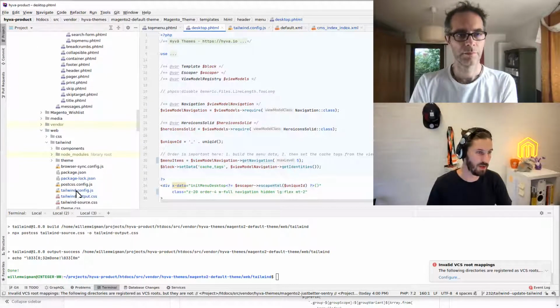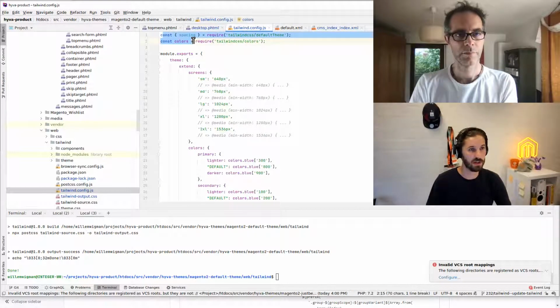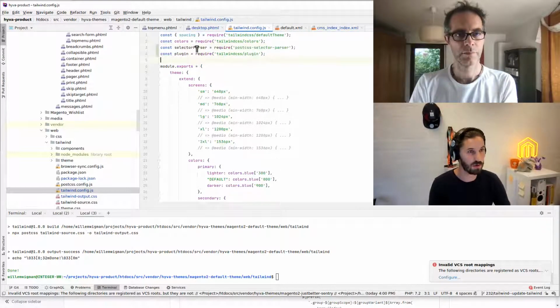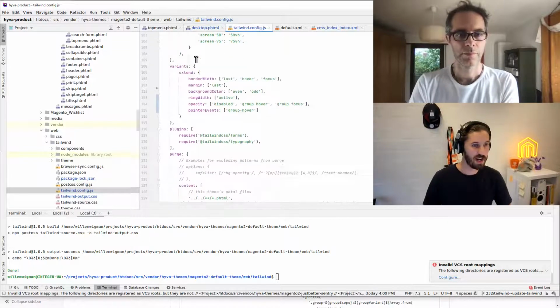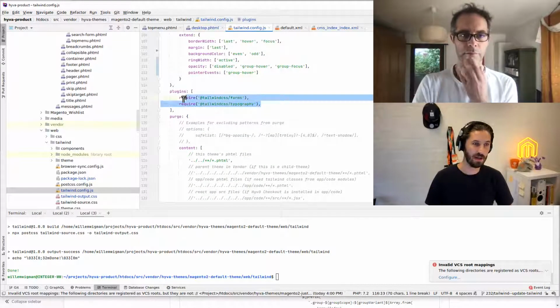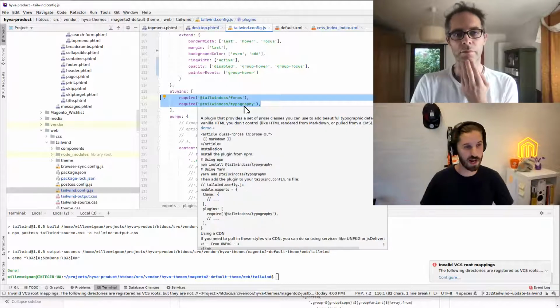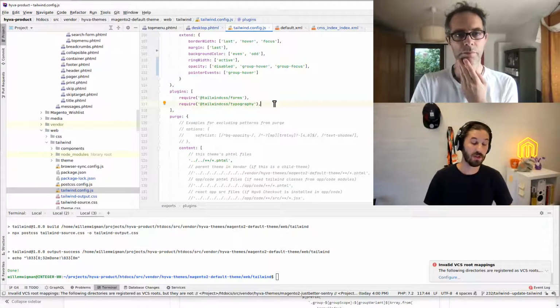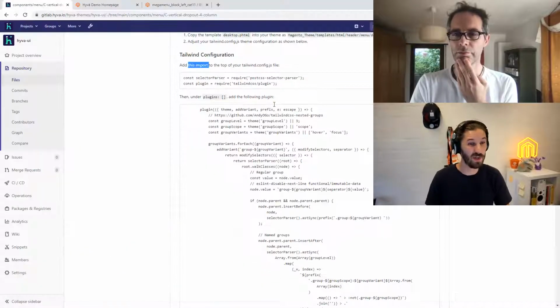So in tailwind.config.js, at the top of the file, you see there are some other declarations here. We're also going to declare selector parser and plugin. Tailwind has a plugin mechanism, and by default, we use forms and typography. That's just the prose classes. So that's a library that you pull in. We don't want to depend on libraries, so we took a library,